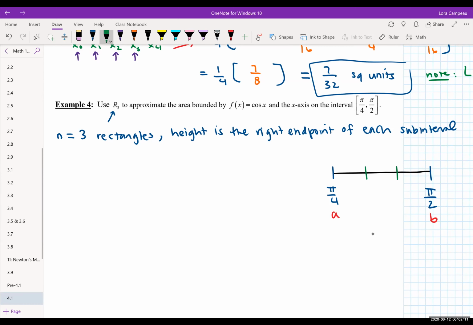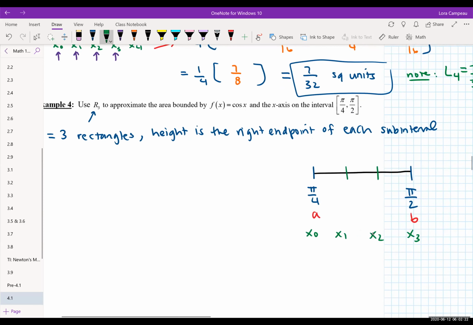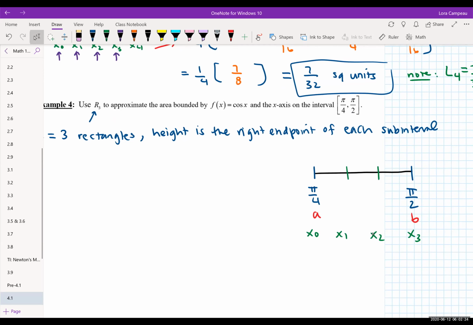So we should have x sub 0, x sub 1, x sub 2, and x sub 3. And if you're looking at these numbers, who would you be calculating? It's the right endpoint of each subinterval. So if I can highlight them,